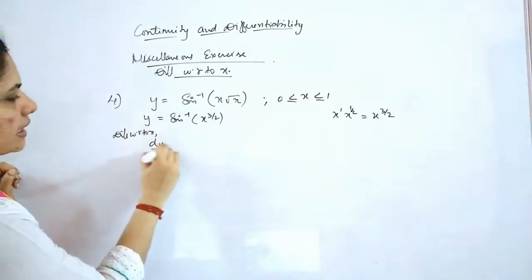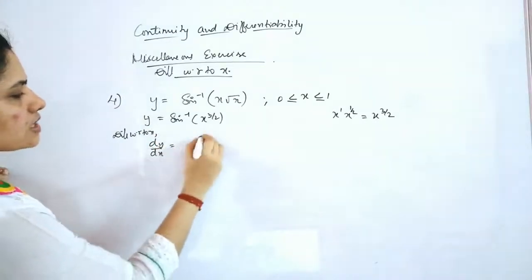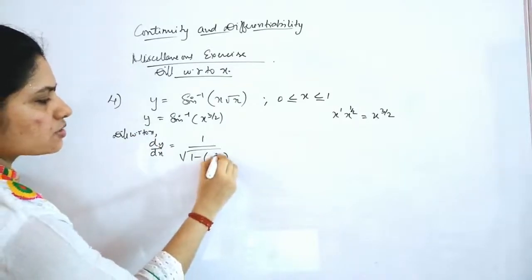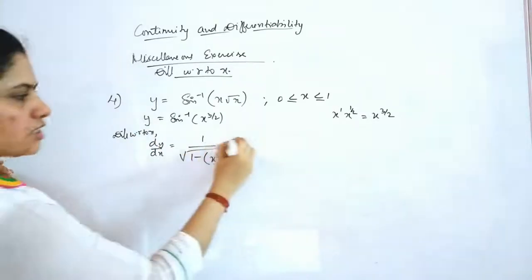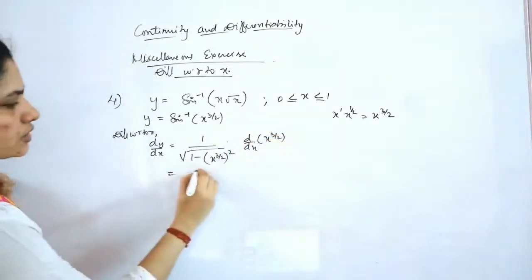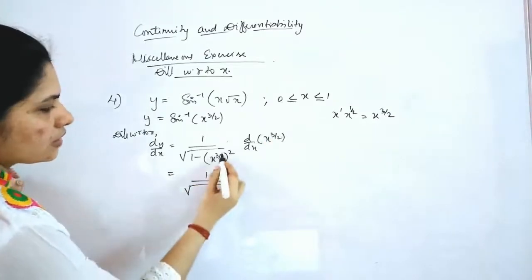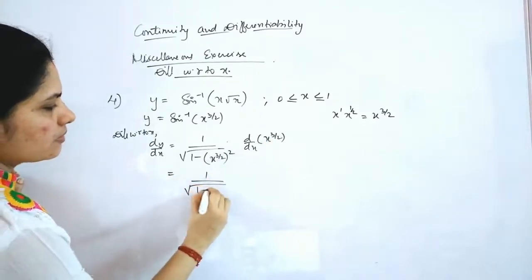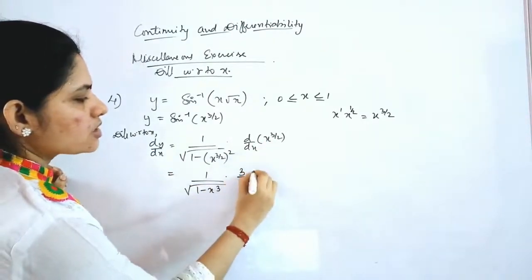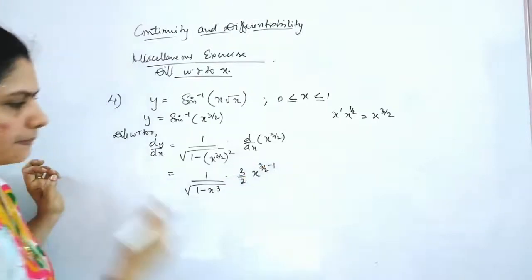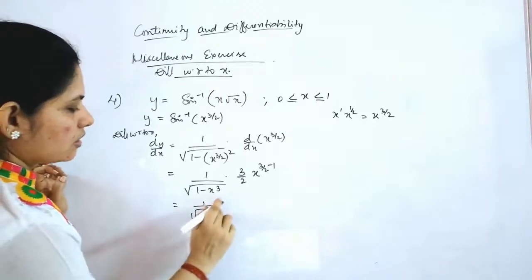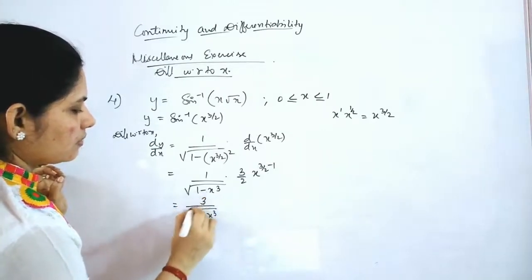You will get dy by dx is equal to, what is sine inverse x? 1 by root of 1 minus x square. Now here instead of x you have x raised to 3 by 2, the whole square, into derivative of x raised to 3 by 2 will come. So this will give you 1 by root of this power. This will get cancelled and it will become x cube, into derivative of x raised to 3 by 2, which will give you 3 by 2 x raised to 3 by 2 minus 1. So that it is equal to 1 by root of 1 minus x cube into 3 by 2